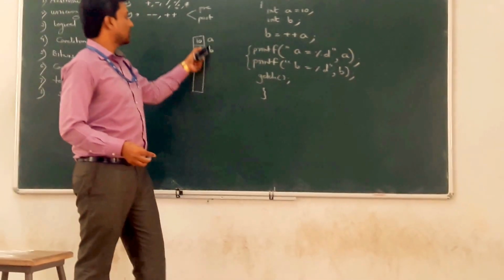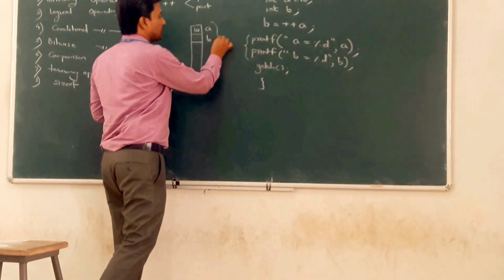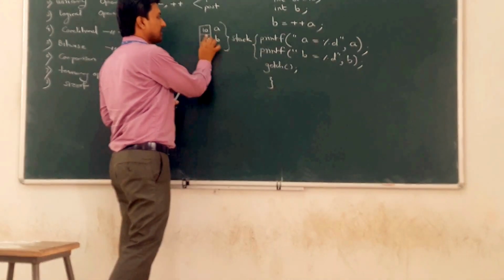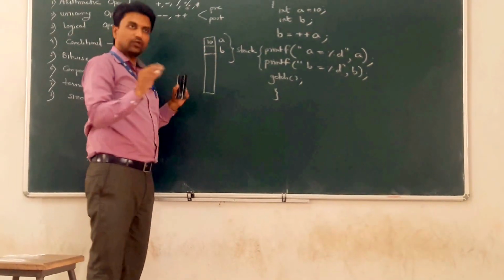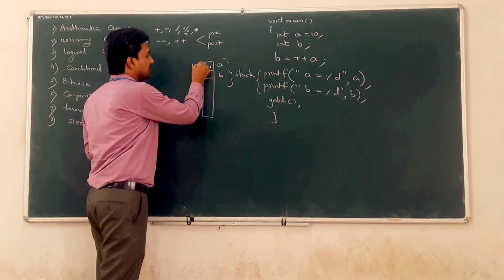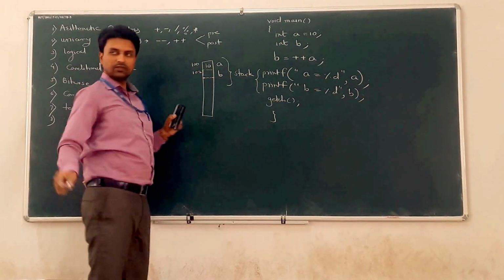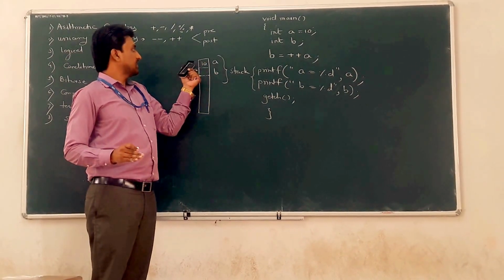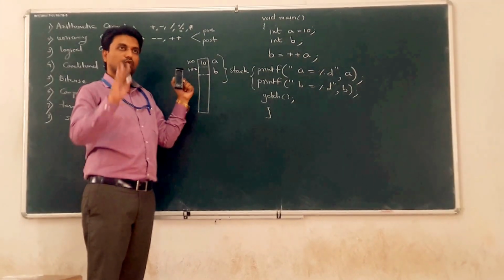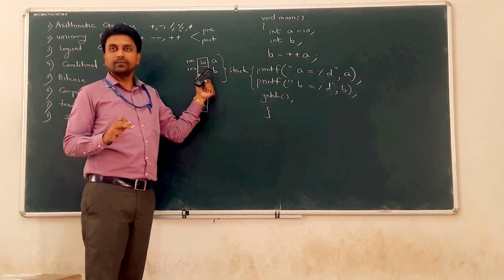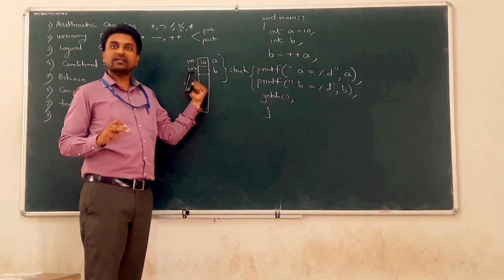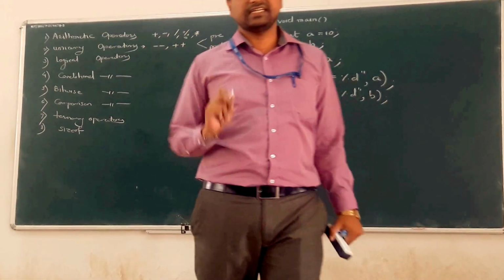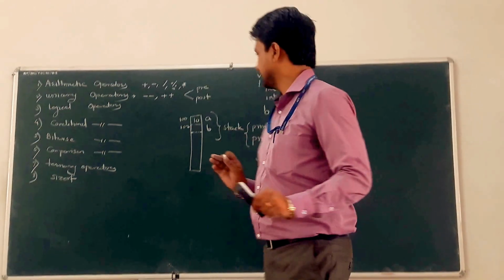So both are stored in RAM. On which partition? The stack partition. Initial value 10. After that, garbage. We don't predict it. So some address is there, 100 and here 102. I only write the base address of the variable. A's base address is 100, meaning 100 and 101. 2 bytes are reserved for a variable of A's type. B's base address is 102 and 103. Clear? I only write the base address of that block.